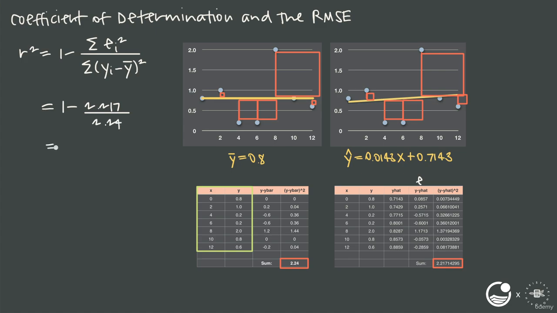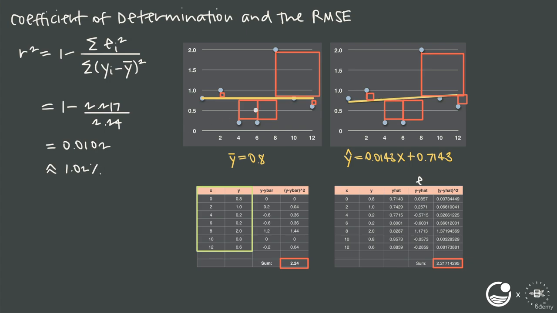And so if we take this decimal number divided by this decimal number, and then we subtract that result from 1, we get approximately 0.0102, or if we change that to a percentage, we get approximately 1.02%, which means that using this regression line compared to using the mean line eliminates about 1.02% of the error,